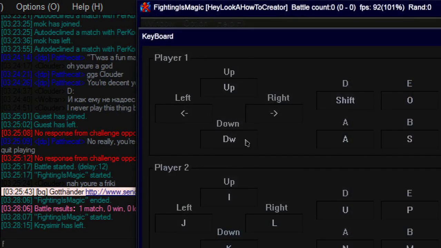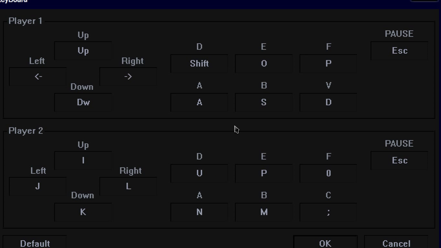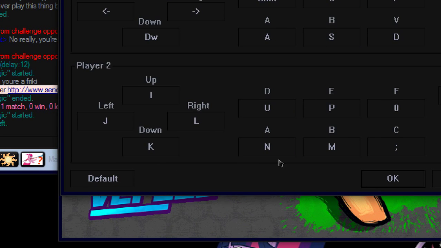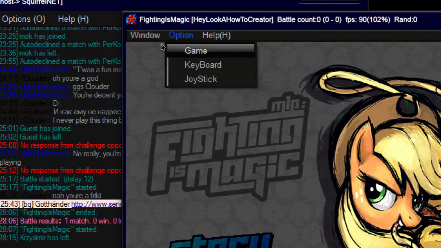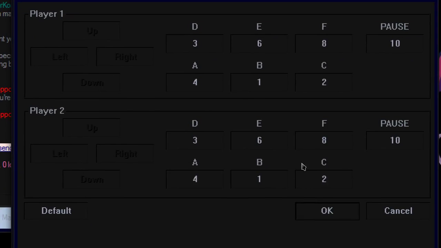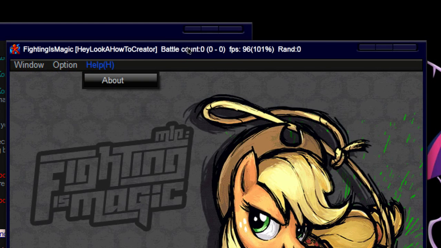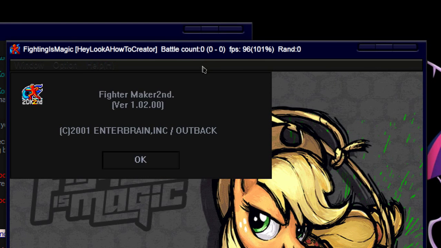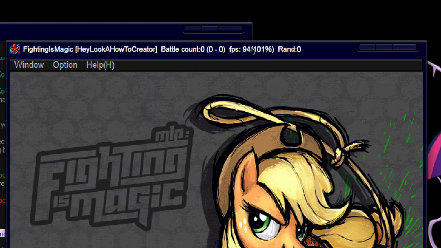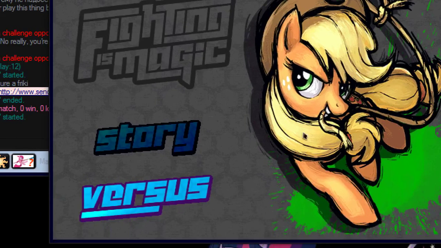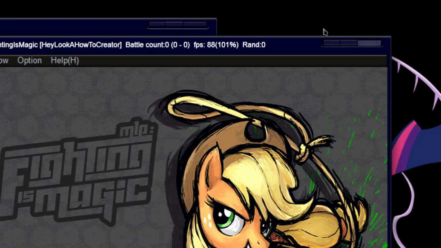You've got your keyboard, so this is how you set your controls and stuff. So player 1 controls here. These are not default, this is what I have. Player 2 controls are here. Simple, right? Last option, you've got joystick, which I think is for controllers, but I'm not quite sure, and I would rather not mess with that right now. About this little thing that says what build you are using. So, yeah, that's that. And you've got one button here right now, so that's not confusing at all.